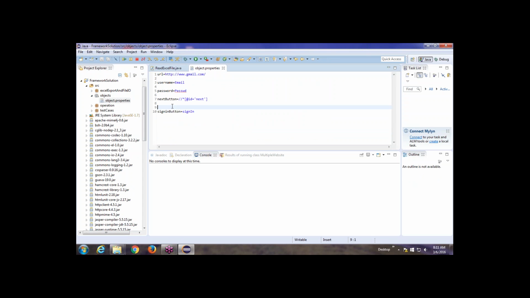Whatever element we have, everything we are storing in this object.property section. It can be either id, xpath, or link text, you can use anything. Whatever web element there is, whatever identifier you are using, everything should be stored in